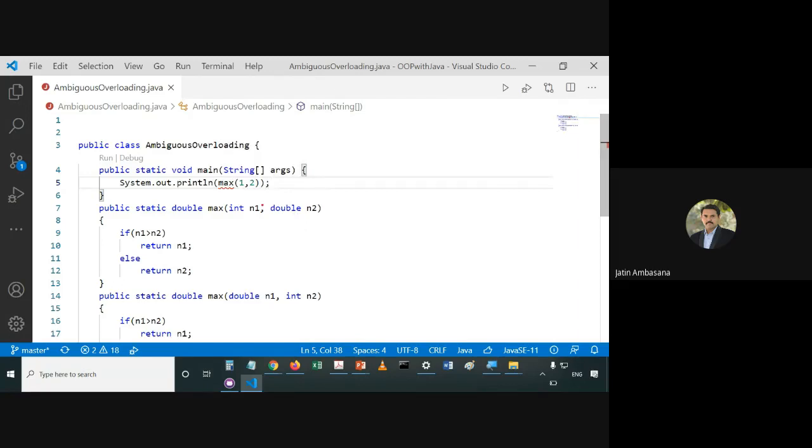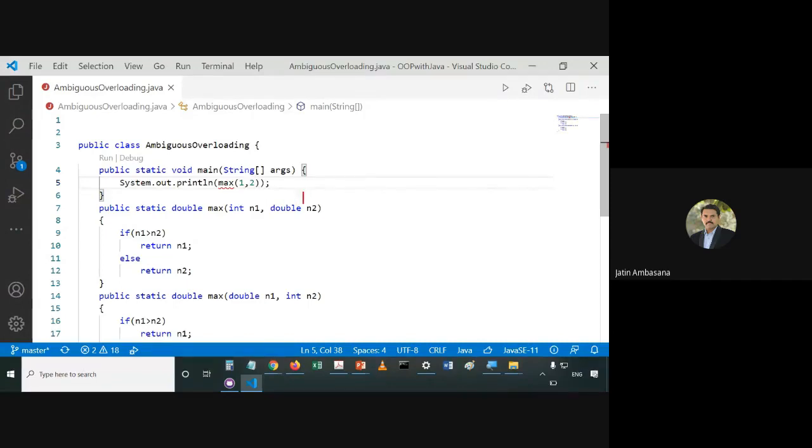Why? Because this 1 can be given to this n1, and this 2 also can be given to this n2. Because integer is a smaller data type than double, obviously the integer literal can be passed to a double variable.